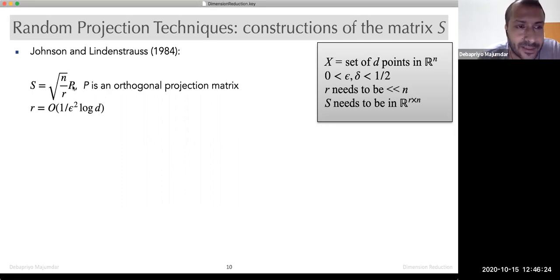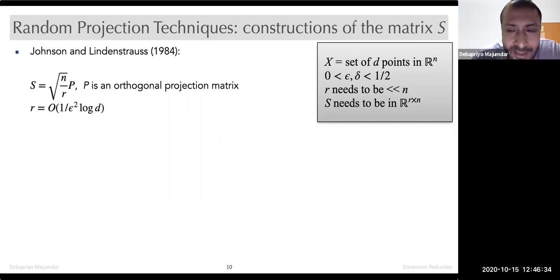And there is another factor here. You need to multiply that with root over n by r. What is root over n by r? It's a large number, right? N is much larger than r, so root over n by r is large. Now, does anybody have an idea why we need this? If we simply project with an orthogonal projection matrix, we get a projection. Here we are simply scaling it, multiplying all entries by this number. N by r is just a scalar; root over n by r is just a scalar. Why are you multiplying this just by a number? Anybody?